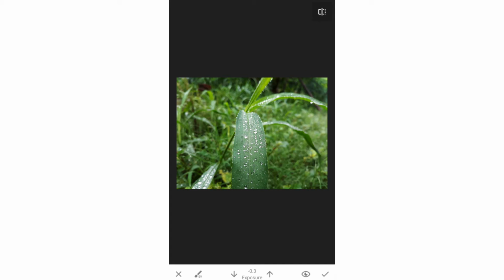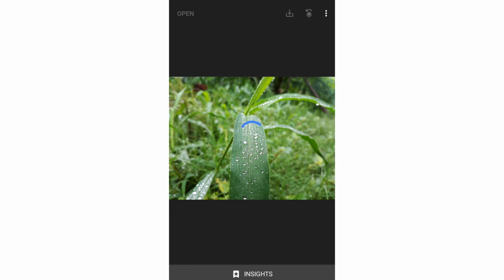But this is only to see the before and after of the effect you are applying currently. If you have applied multiple effects, then you have to come on the main page. Here click on the picture, hold it to see the before and leave it to see the after. Here you can see the picture how it looked before and after applying all the effects together.